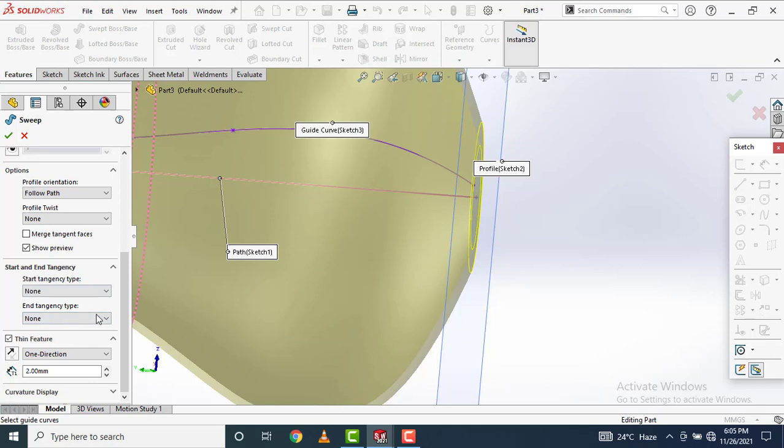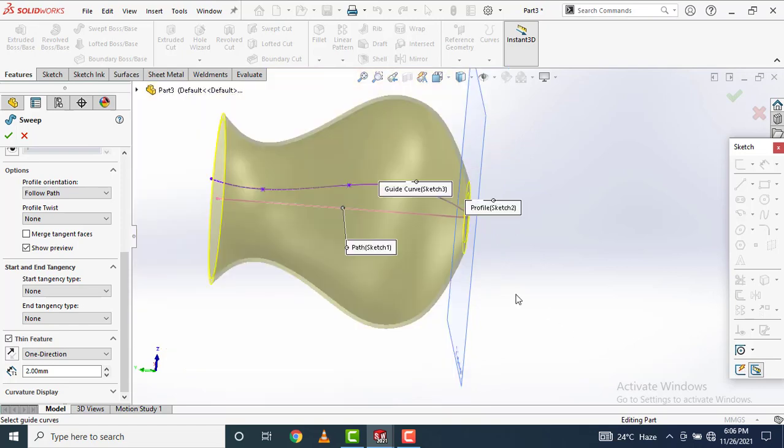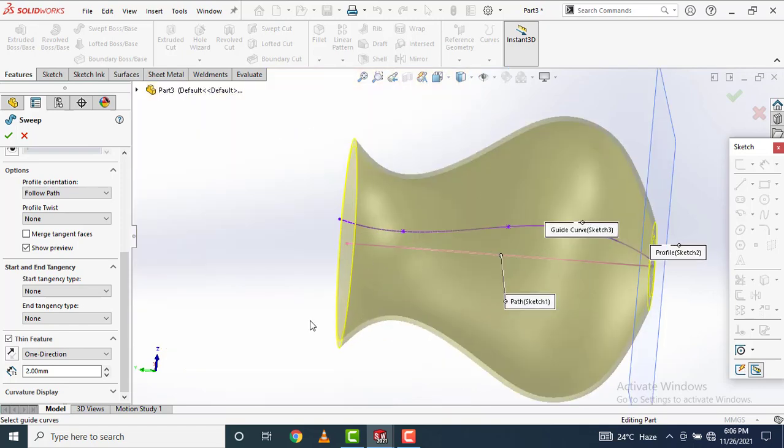When you change the start tangency type from none to part tangent, the profile becomes like this. Earlier it was like this. The same is applied to the end. When you select the end tangency type from none to part tangent, it will follow the tangent path like this.